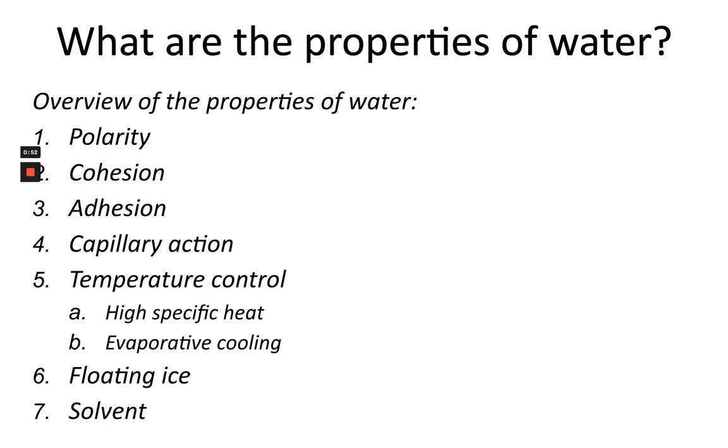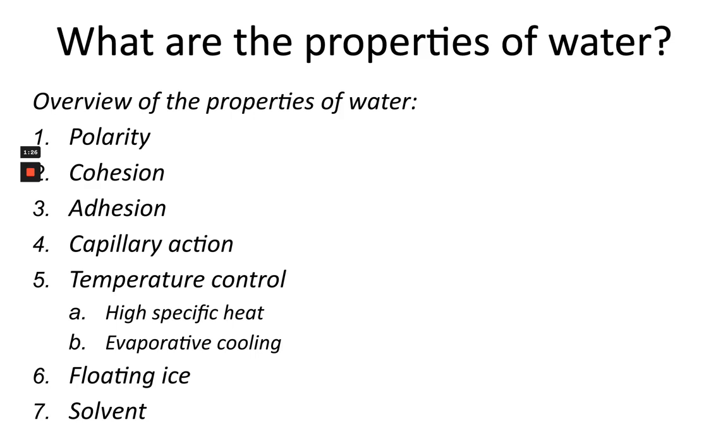Water is a polar molecule, so you need to know how polarity affects it and makes it effective at what it does. You need to understand cohesion, adhesion, and capillary action. How are they similar? How are they different? How do they help life to exist? 5 is a big one because we're going to look at the importance of water in regards to temperature control. And this temperature control is going to be based both on the Earth as a whole, the ecosystems, the biomes, the biosphere, but also for the organism itself.